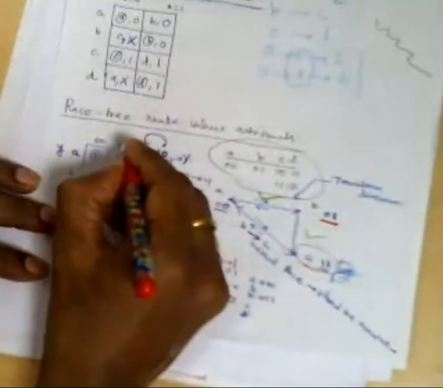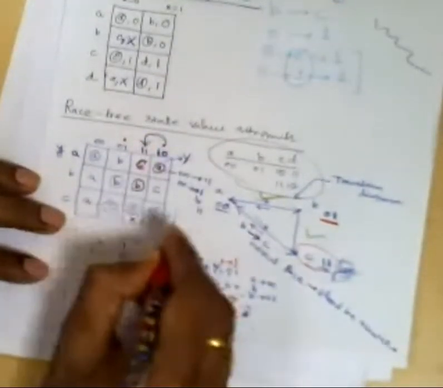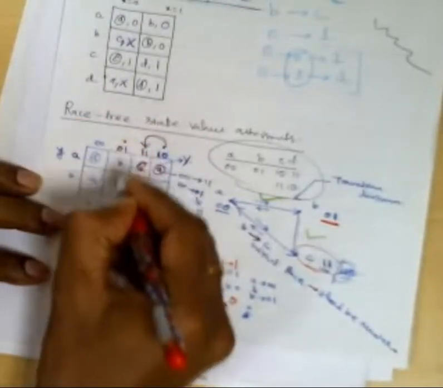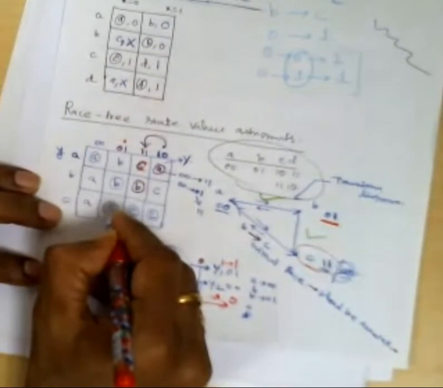Second, in the same way, you analyze C to A. Is C to A critical or not critical? Suppose we are here at C, which is our stable state, and the input X is 0, 1. Therefore C is here now. Again, C is coming, so it is a stable state.